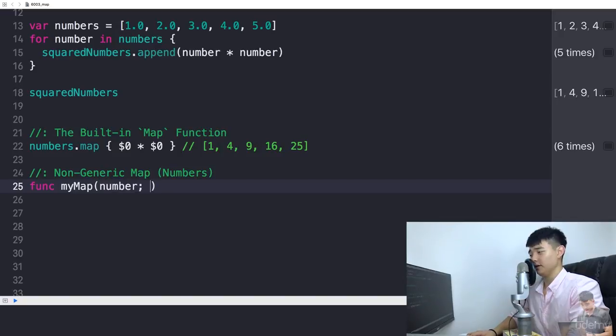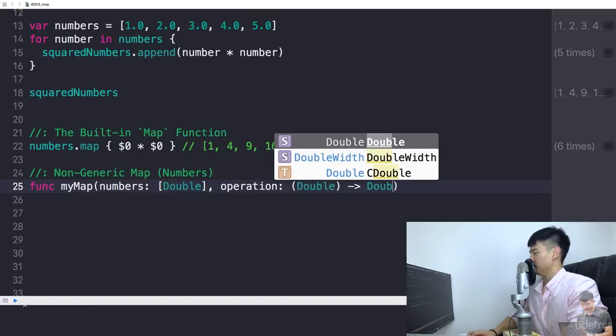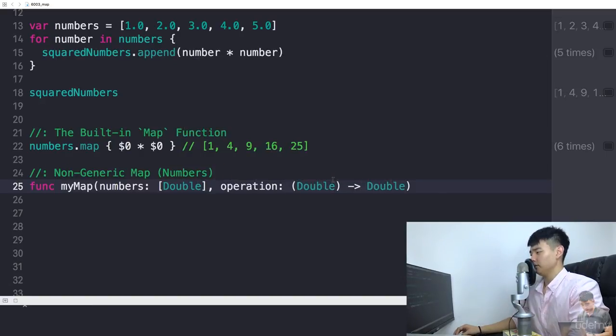You enter numbers, an array of Double, so you're going to work with Double now, and an operation. Again, functional programming is nothing more than passing in a closure block to get the value you want. You take a Double and this time you return a Double. So if you enter 1, you get 1; if you enter 4, you get 16, something like that. And of course, we need